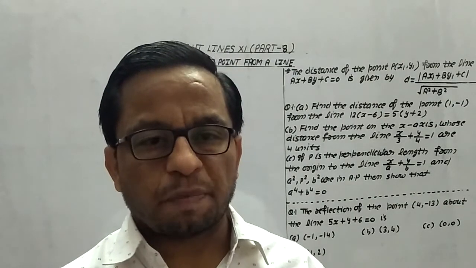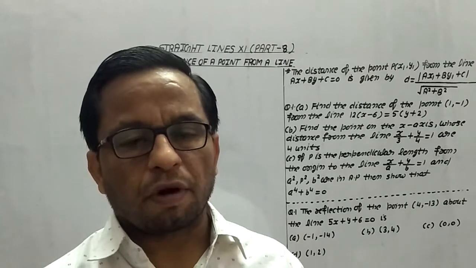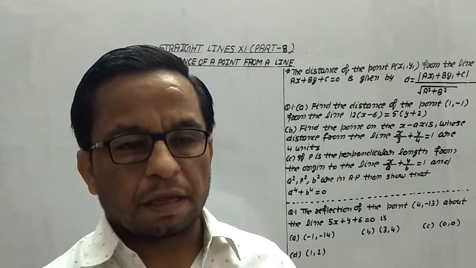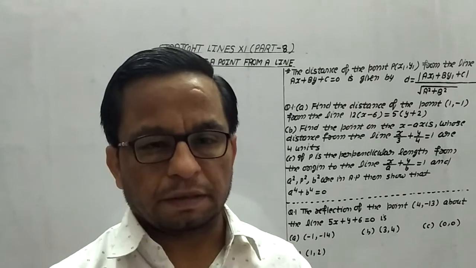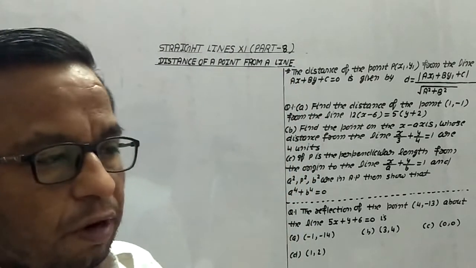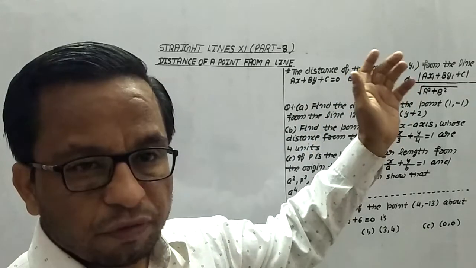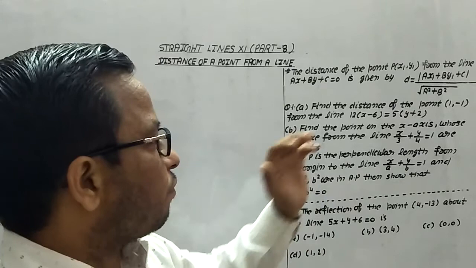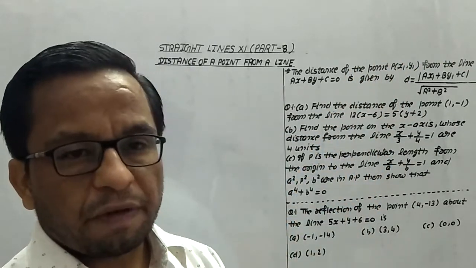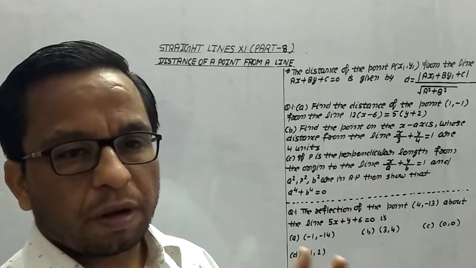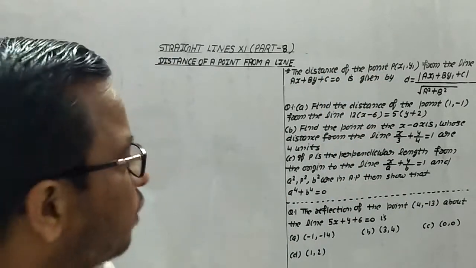Hello everyone. In this part 8 of straight lines, we will understand the distance of a point from a line. And whenever we say the distance of a point from a line, this distance will always be a perpendicular distance. So let us suppose we have an equation of a line ax plus by plus c equals 0 and any point P whose coordinates are x1, y1, then the distance of this point from the line is given by d equals modulus of ax1 plus by1 plus c upon under root a square plus b square. Now how this concept comes, we will understand first this part only.